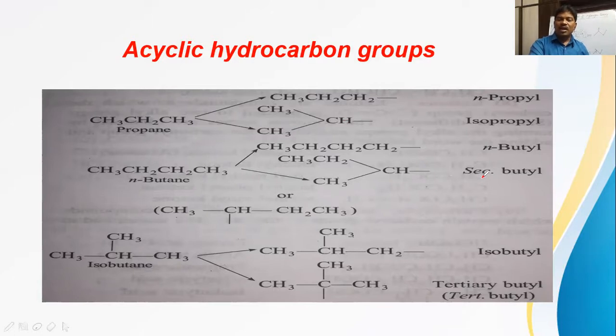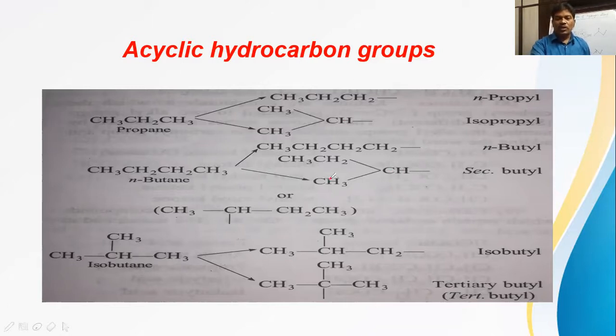We should not say isobutyl here. Whenever iso is there, the condition is that at one end an isopropyl group should be present. At one end this group is called isopropyl. If this isopropyl group is present at one end, then only we say isobutyl. But here, at either end, there is no isopropyl group available. That's why this group cannot be called isobutyl. We simply say secondary butyl or secondary alkyl, because the free bond is located on a secondary, 2-degree carbon. Keep that point in mind.